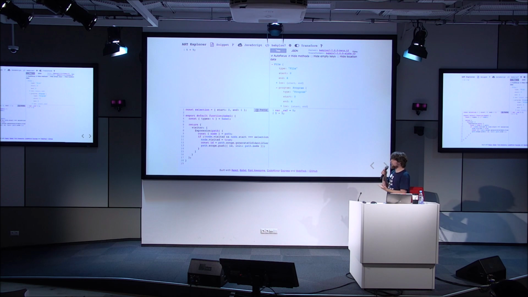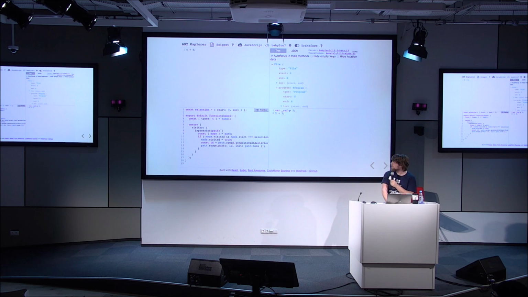In our case, we want to add a reference to a variable. We want to add a variable declaration. So how do we do that? We just go to the path, scope, generate a UID identifier for a variable. So it means that we create a variable name that doesn't exist yet in the scope, and we push it to our scope. Thanks to that, after this transformation, our code from 5+5 changes into